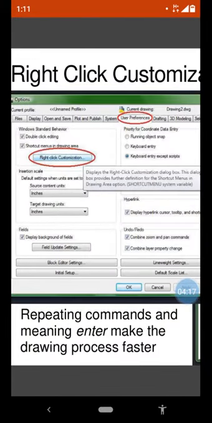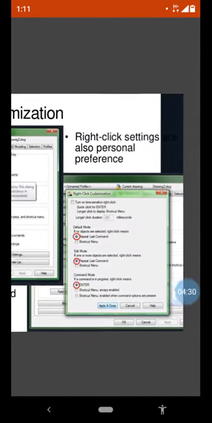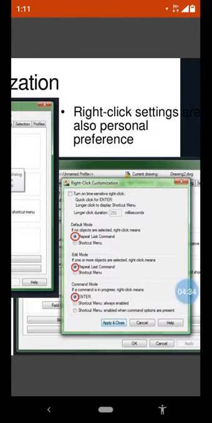So here there is an option, User Preferences. In User Preferences we are able to select the right click customization. In the right click customization, you can select the Repeat Last Command option, then Enter under Command Mode, and then Apply and Close, and then OK.